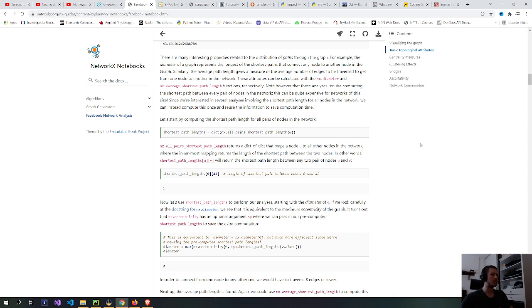These attributes can be calculated with the nx.diameter and nx.average_shortest_path_length functions, respectively. Note, however, that these analyses require computing the shortest path between every pair of nodes in the network. It can be quite expensive. Since we're interested in several analyses involving the shortest path,